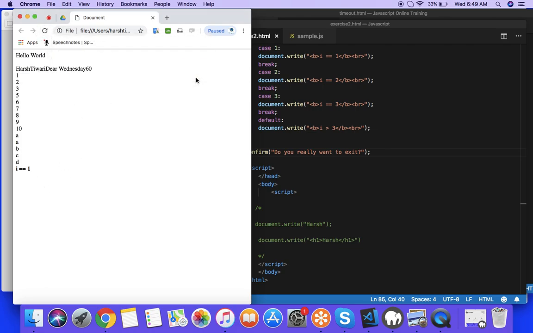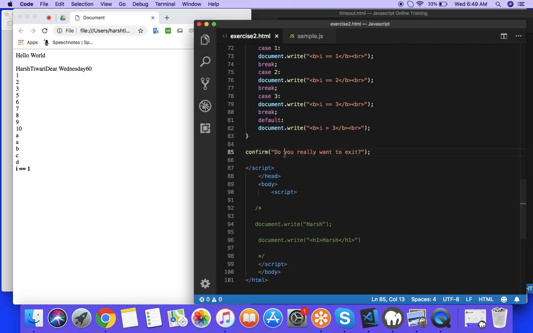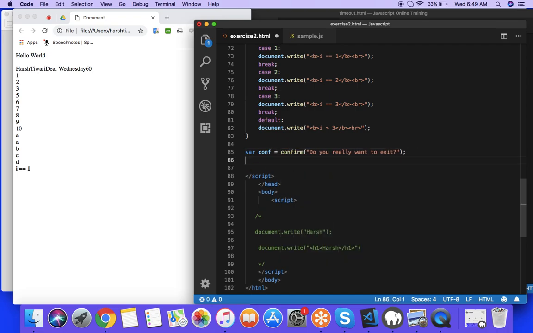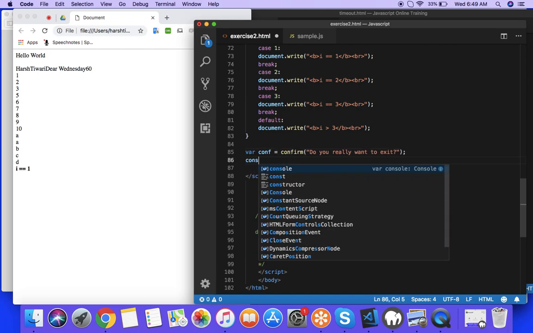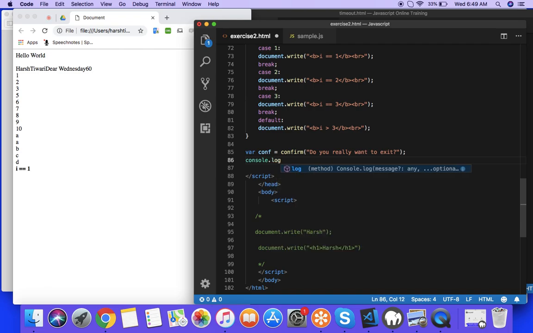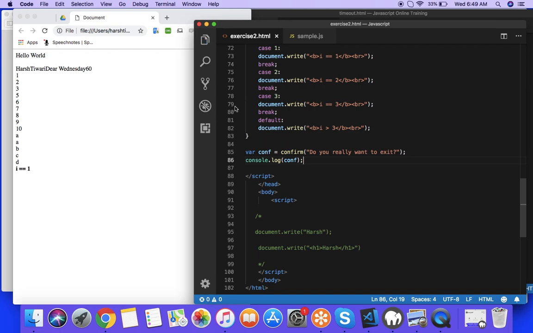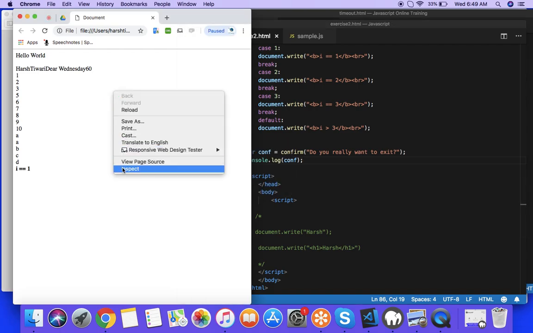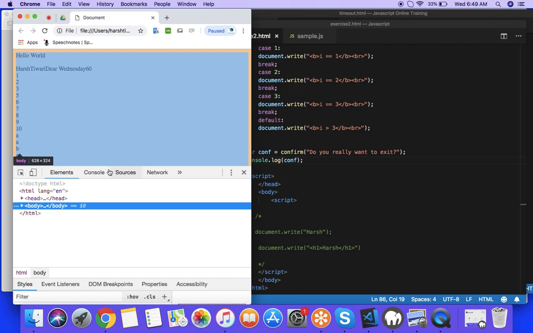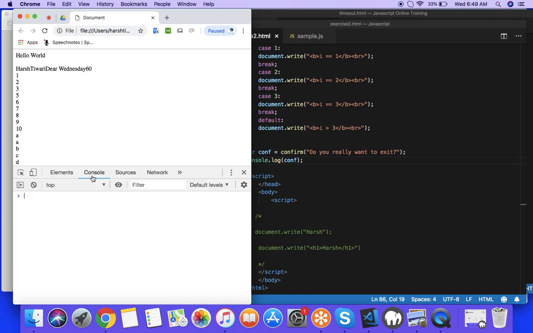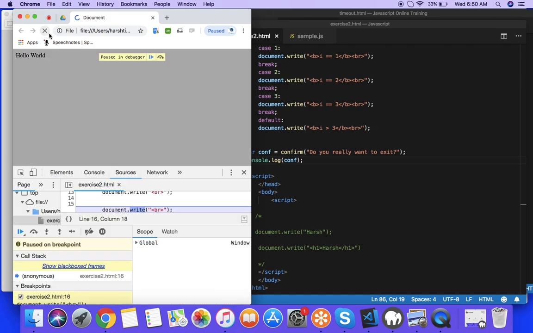So if you are pressing OK, then what happens? So I'm just taking this into a variable. So let's say var conf is equal to this, and then I'm just saying console.log, which we use for debugging. So I'm just writing this conf in the console.log, and then if you want to see the console.log in the browser, you can just press F12 and then click on the console, and then just refresh this,